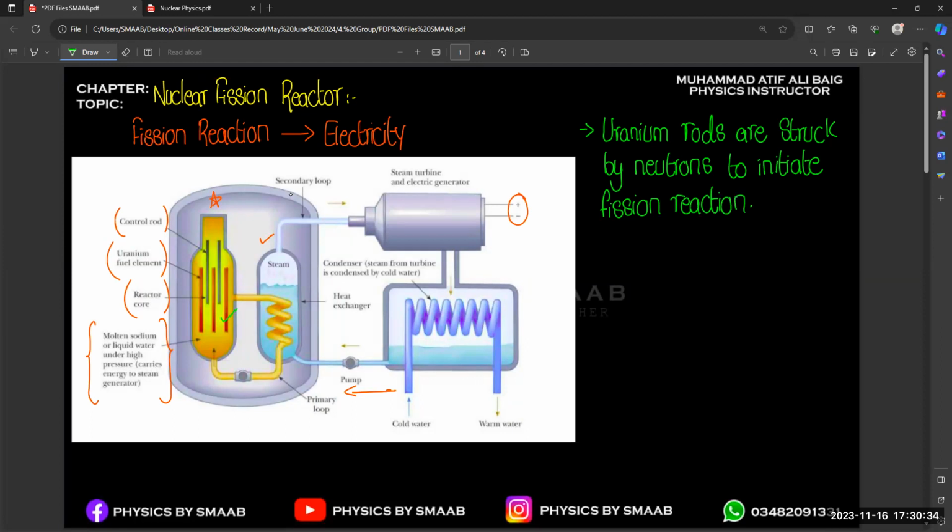So this is the very first simple process to start the fission reaction. We have to strike a neutron on the uranium rod to start the process, right? And the second thing is, it helps to generate a very high amount of thermal energy. So that thermal energy, or that heat, is